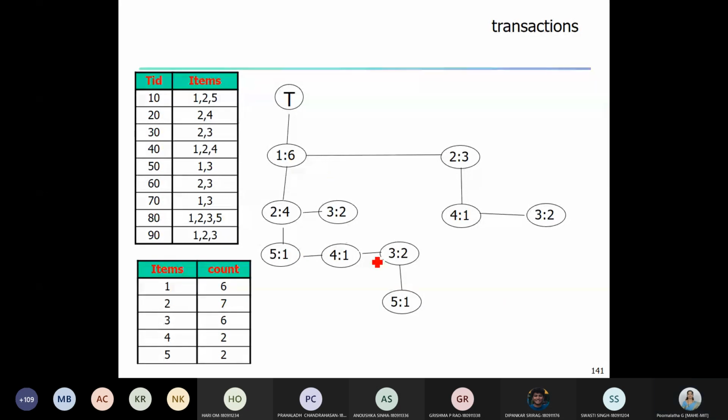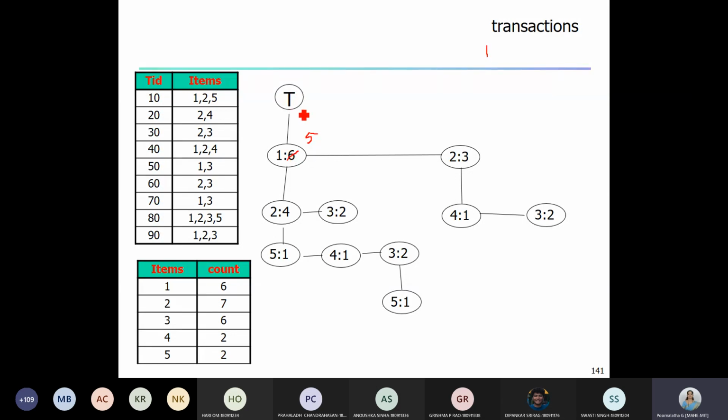Now, I start with the root and I follow all the child pointers. Okay. So first item is 1 here. So now we need to reduce the count. I'm reducing the count, now 5, and I'm writing the first item 1. I'm starting from the root, traverse the child link. So below root, the first child is 1. I'm writing that 1 here and I'm reducing its count from 6 to 5.